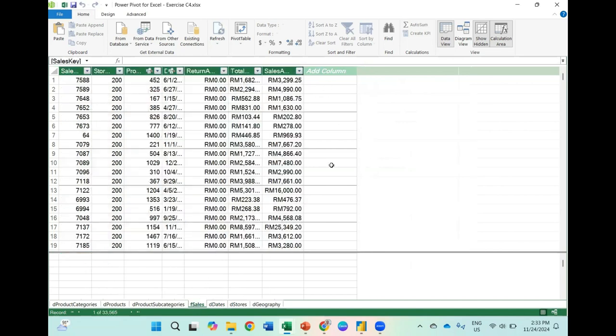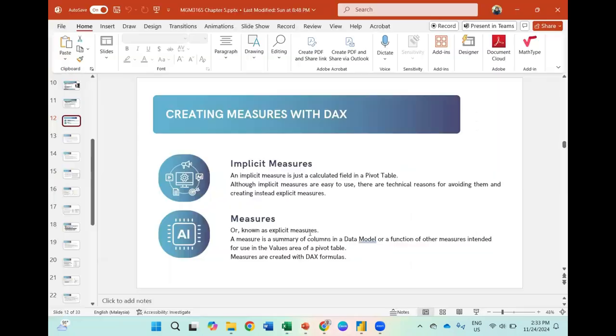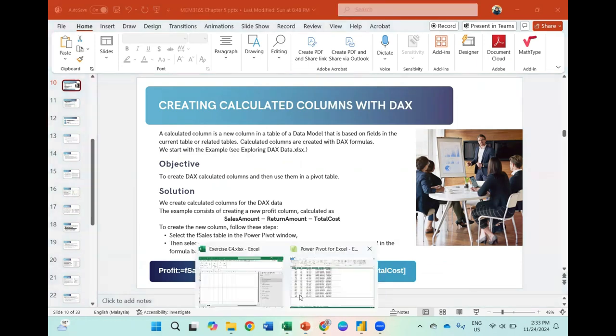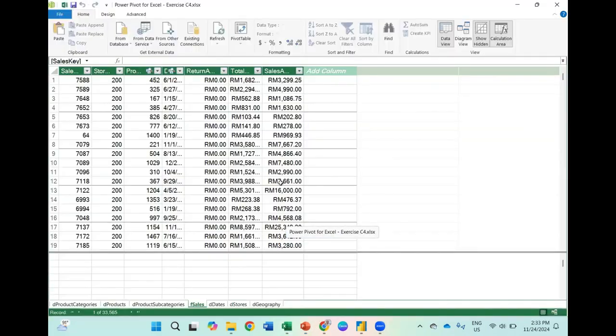The formula is shown in this file: sales minus return amount minus total cost. Go here and click Add Column, then click at the formula bar.